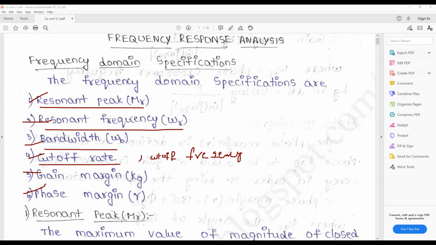So first, what is meant by resonant peak? What is meant by resonant frequency? What is bandwidth? What is cutoff rate? What is gain margin? What is phase margin? Okay. First,